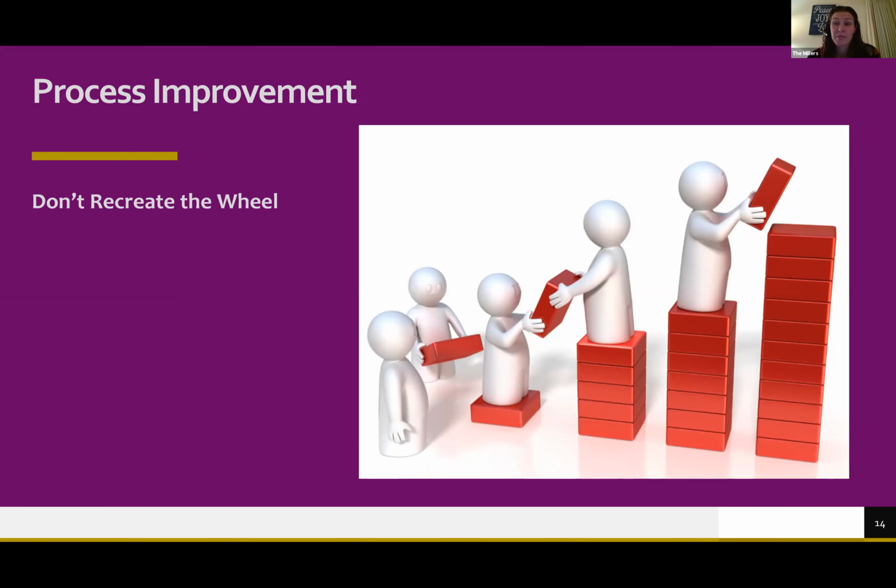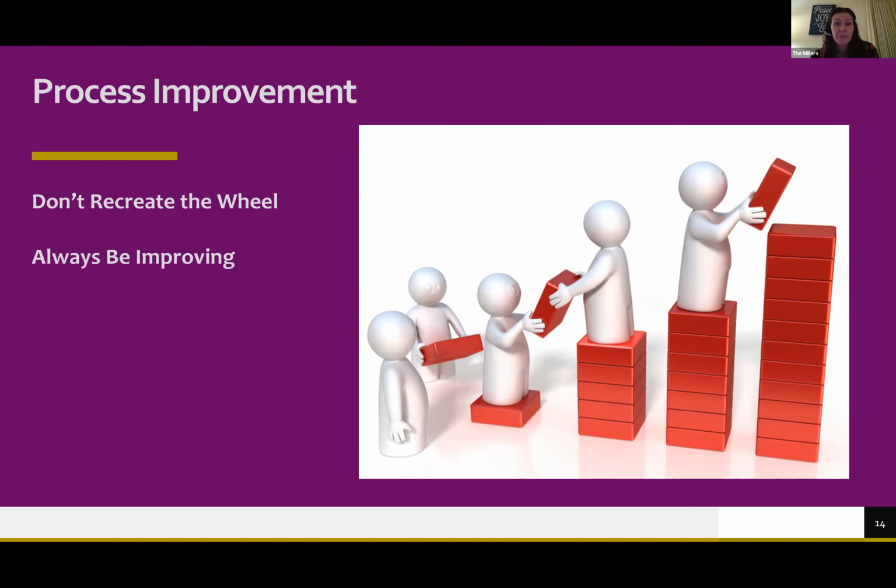I started a chapter. Like, there legitimately wasn't a Delta Sigma Pi chapter at Albion, but I didn't recreate the wheel. I called central office. Dale sent me a great packet to get us started. We talked to existing chapters in our region and said, hey, what do you do for this? What do you do for that? We went to LEAD. We took ideas from other chapters, from LEAD and from GCC, and then we implemented them, right? And we still started our chapter, but there was no need to recreate the wheel. There was no need to go truly to square one.